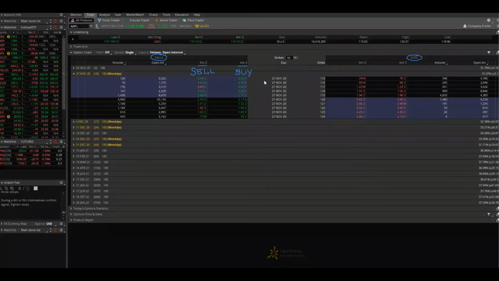Okay, so if we're just going to buy the 120, the November 27th, 120 strike, that's how you would say it. I bought the November 27th, 120 strike, and it's going to cost me $2.18 or $218 per contract, right? Now it's $2.16. So I'm simply going to left click